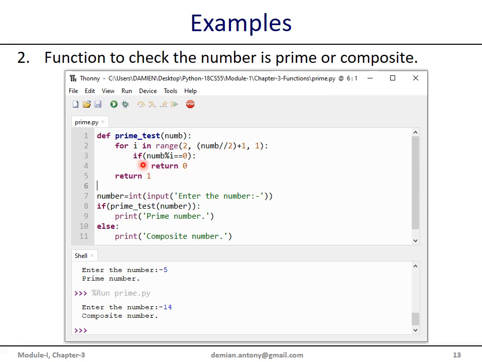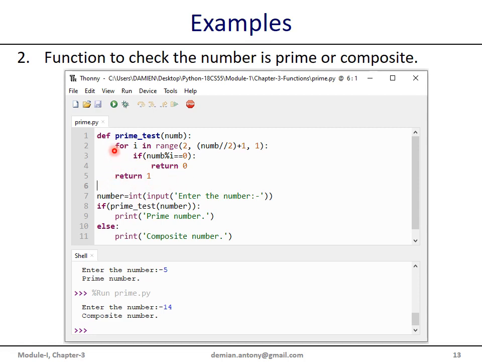And if that divisor, that is the integer from 2 to n by 2, is actually a divisor, then we return 0 saying that it is a composite number. And if we complete this for loop with no return of 0, that means no divisor is found, then we return 1 indicating that it is a prime number.